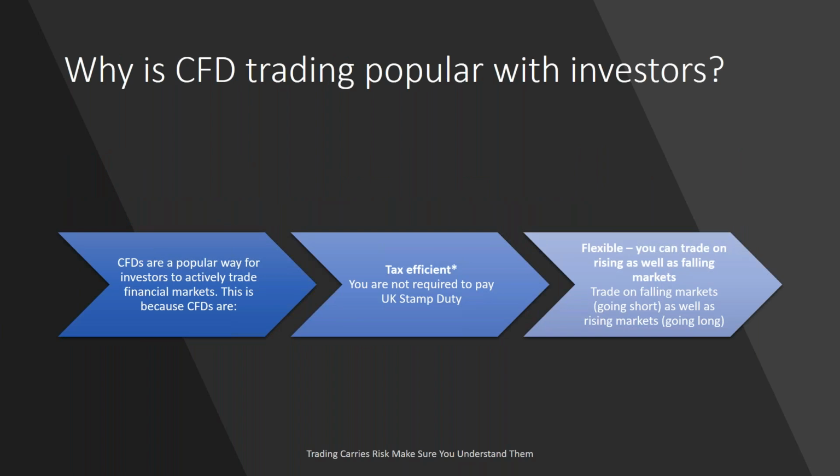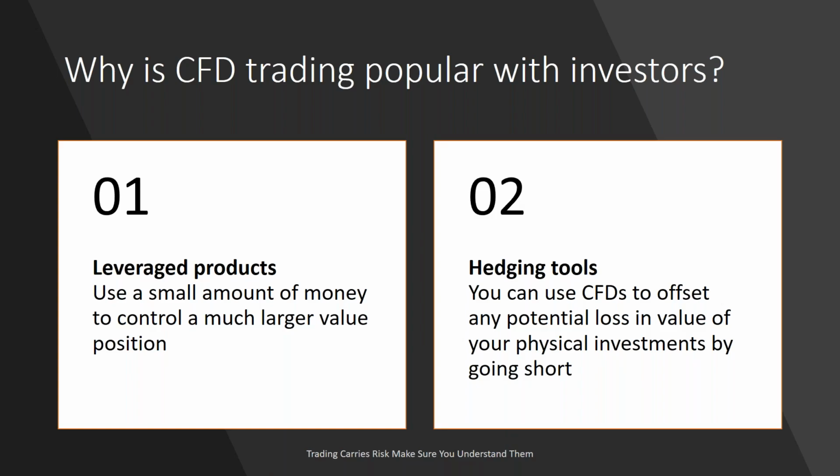Now, there's many reasons you might want to trade CFDs over actually owning a stock. Number one, they're much more tax efficient. They're more flexible, and you could have sold those shares of Barclays because you thought Barclays was going to fall. You can't do that when you're actually buying a stock. You can only do that in the CFD market. You also get leverage. It means you use a small amount of money to control a much larger tool. And also, you can hedge. It's a great way to hedge.